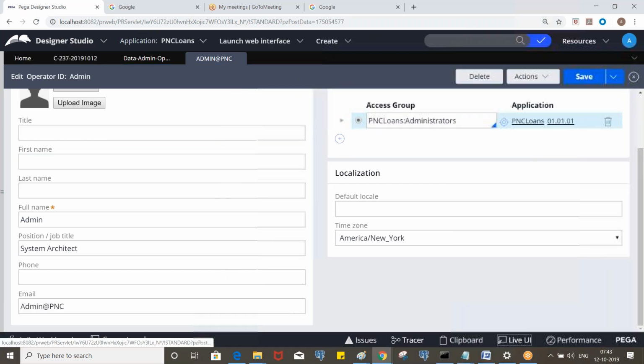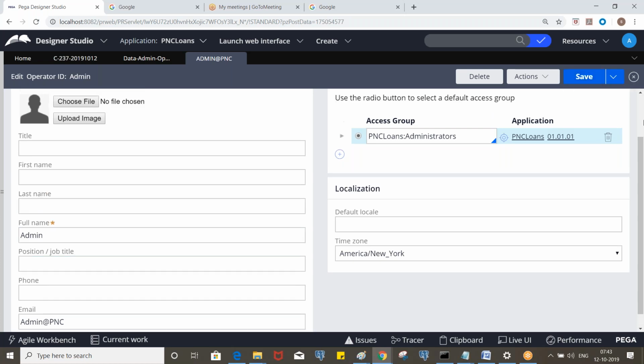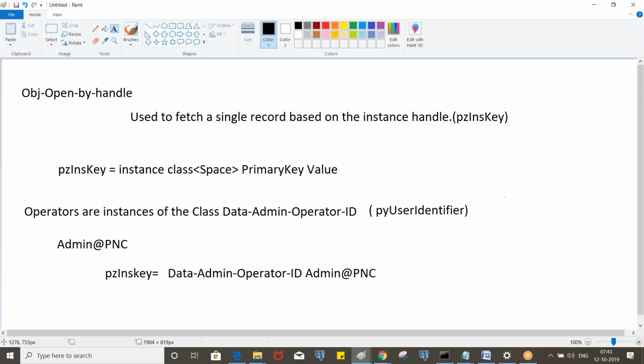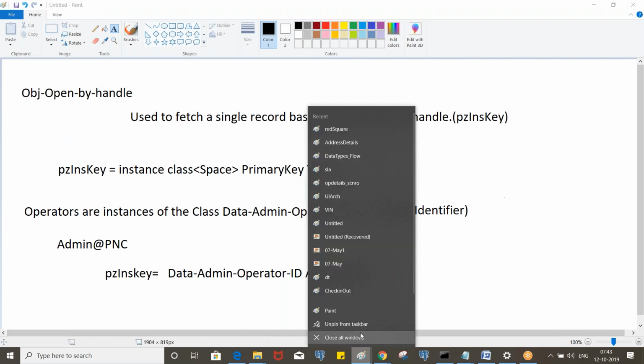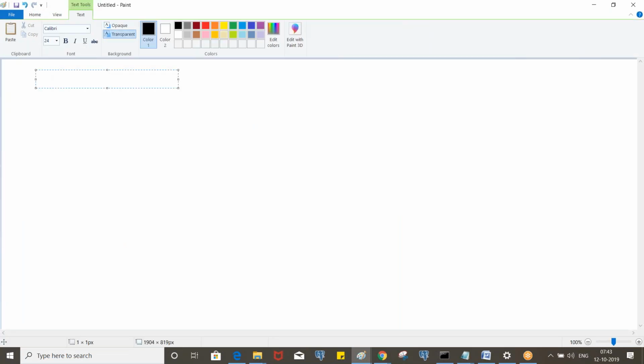So now let's work on a scenario. Update the position of all the developers in the PNC application. Update the position of all the PNC developers.